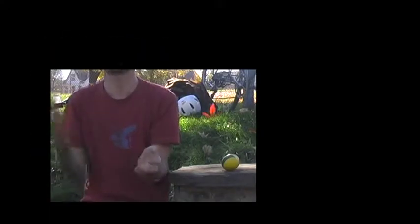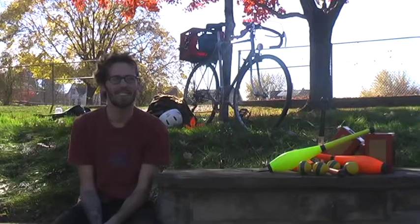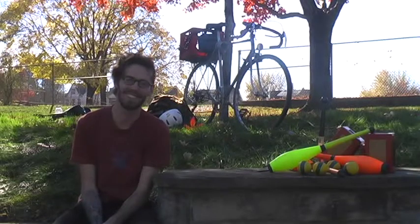So obviously, just keep throwing and create this little arc, this little rainbow. It's just very peaceful. I learned to juggle with 3 rocks, kind of